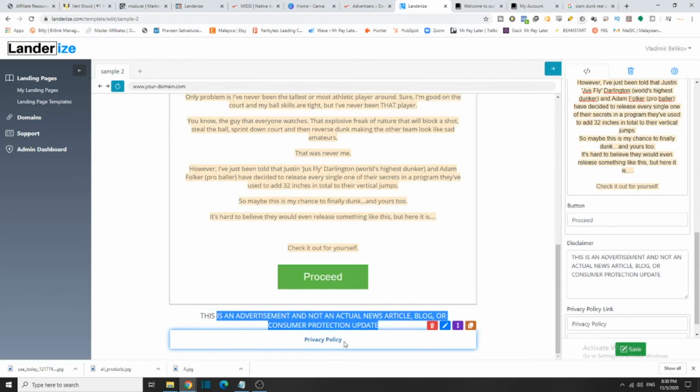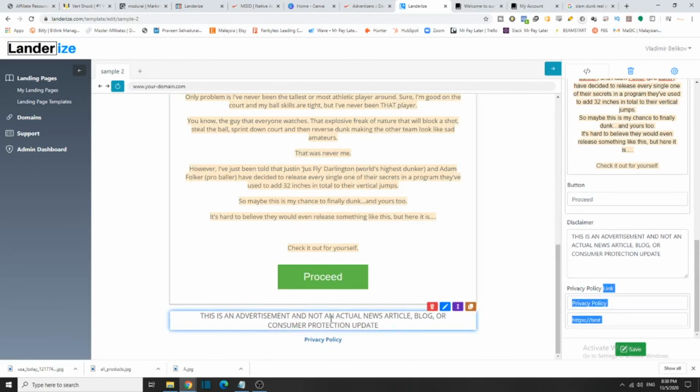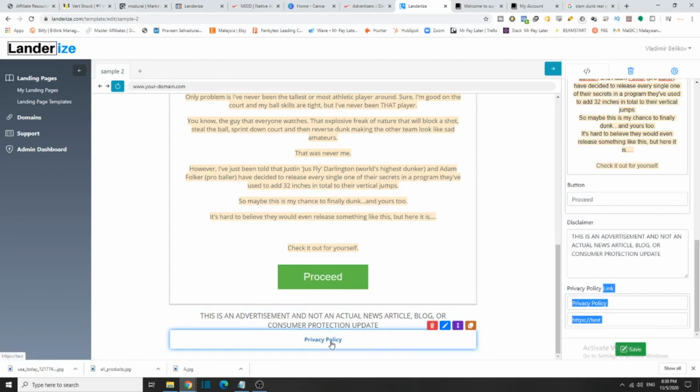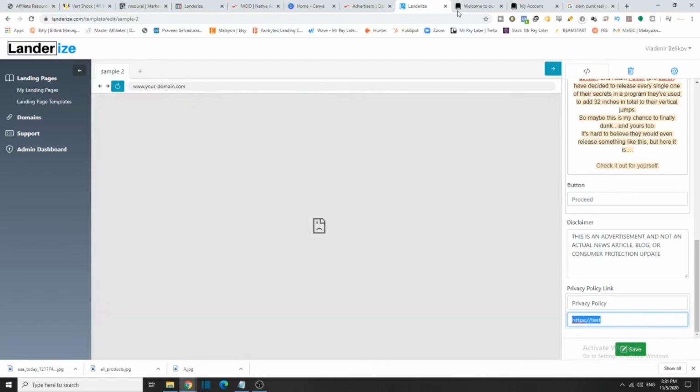So over here is the privacy policy, right? I'm going to show you something very interesting. As you can see, the privacy policy has already been embedded with a link, right? So you can just see the privacy policy over here, and you can paste your own privacy policy within it. When somebody clicks on the privacy policy, they will be led to this particular link. Since the link is not there right now, they will be led to this particular link itself. So you can put it, but I'm going to show you how you can go ahead and